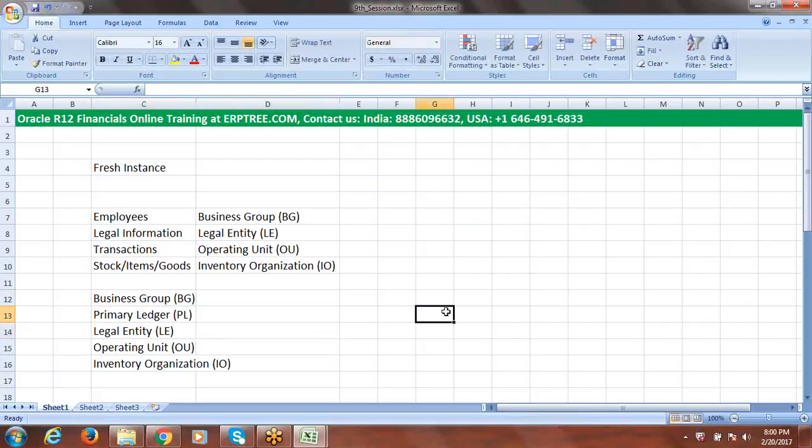So with the help of primary ledger, you can record the transactions at any level. It can be BG level or LE level, operating unit or inventory organization level. So these points we have to understand before we get into the system. And one more point here